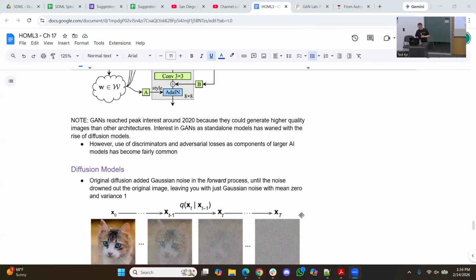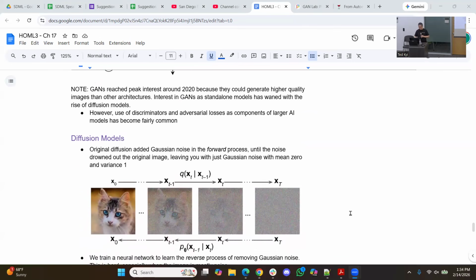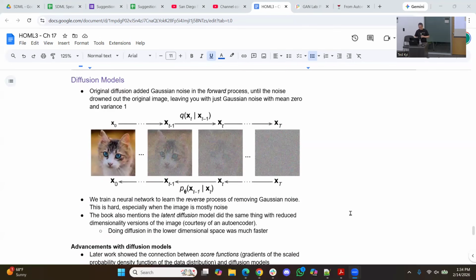All right. So I'm going to move on to talk about diffusion models. Going to have to do this fairly quickly. Won't get as much into the math and some of the stuff that the book covers, but want to cover the concept here. Okay. So if you add Gaussian noise in what we call the forward process, eventually the noise